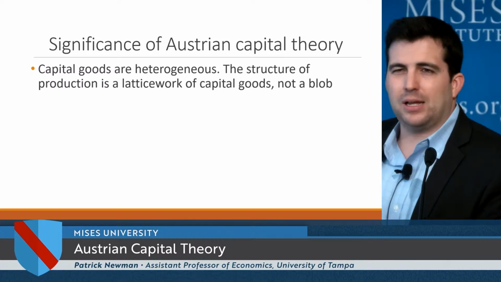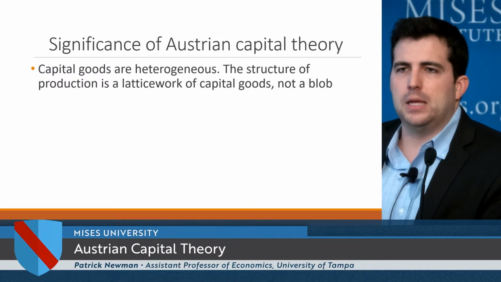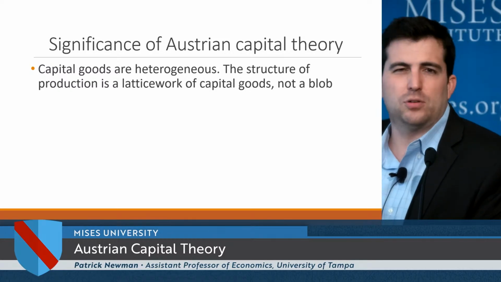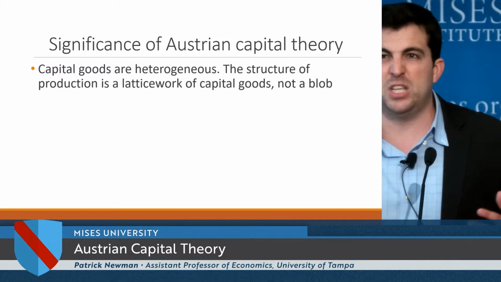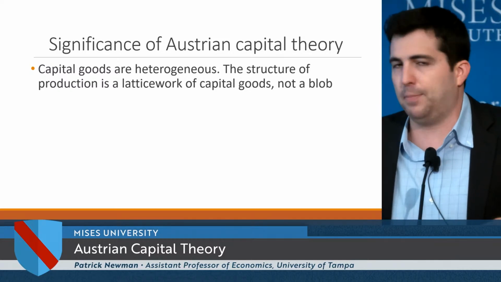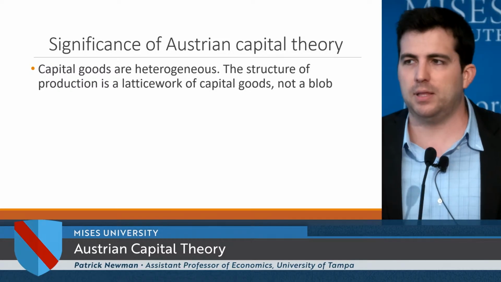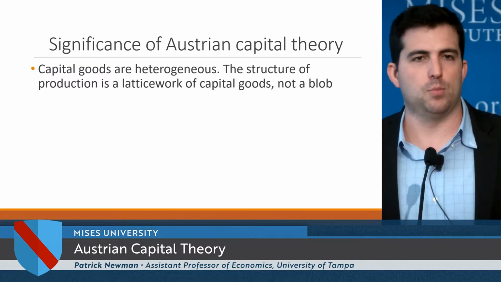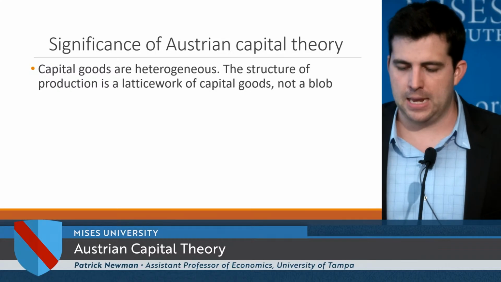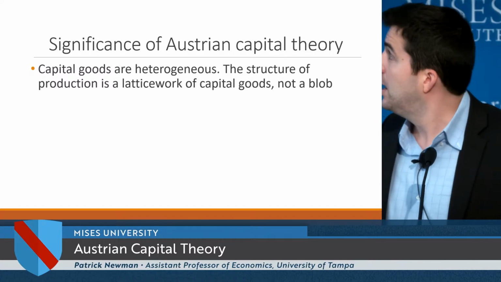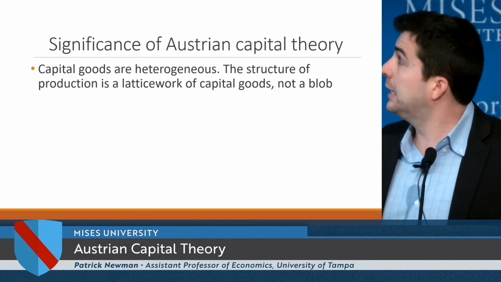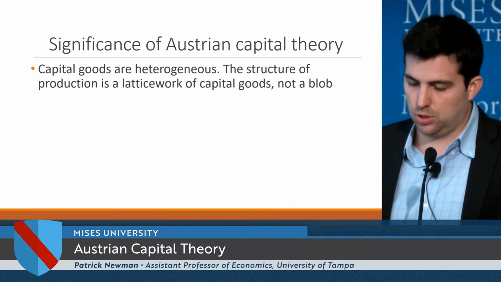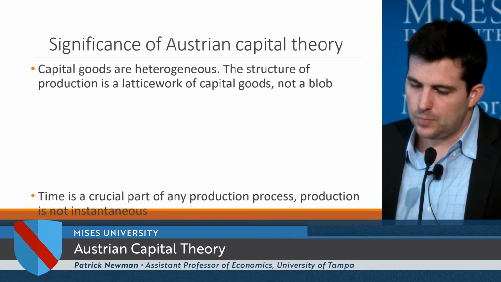In neoclassical economics, we often learn to not even really think of the structure of production. We just think of production as a blob. It's, well, you've got capital, you've got labor, and they can all do the same thing. And don't think about it anymore. This is usually how it's described for simplicity's sake, but that comes at a serious loss in realism.